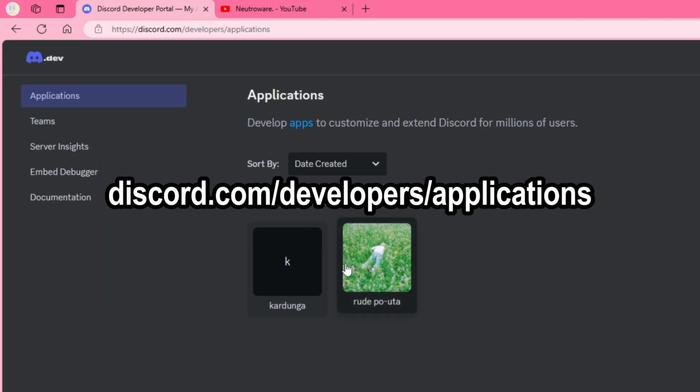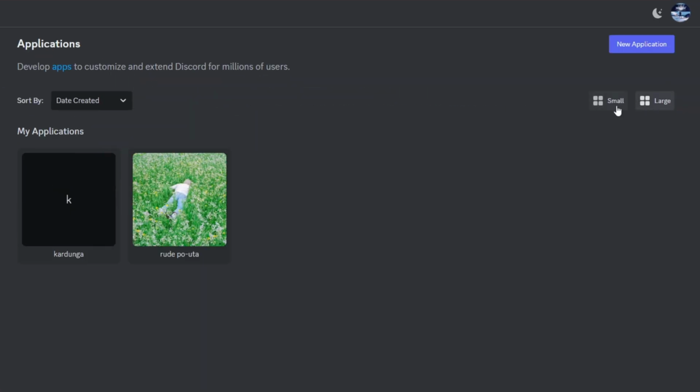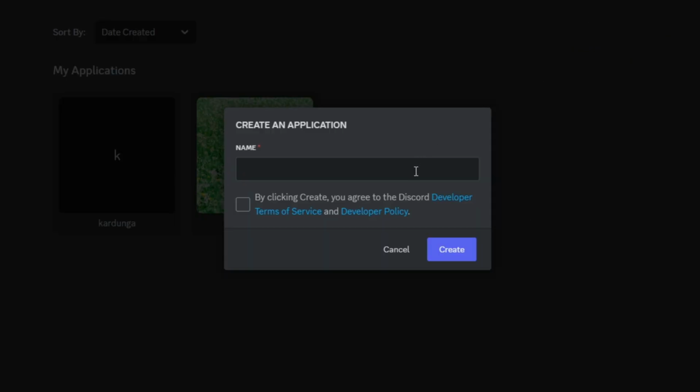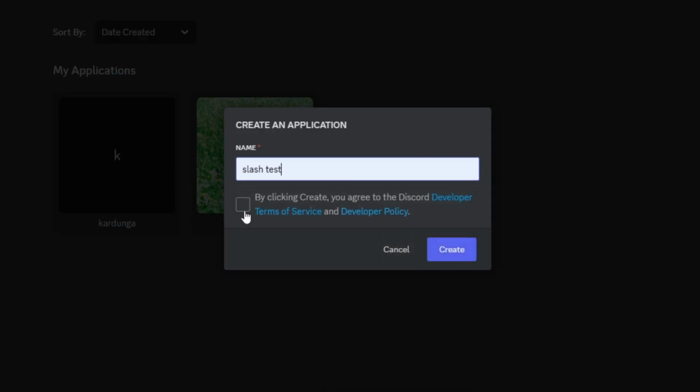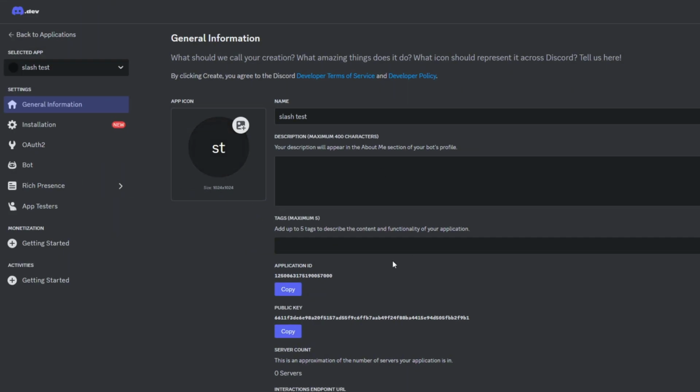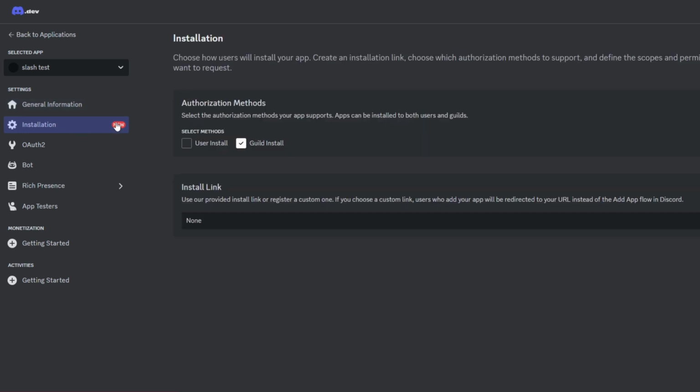Go to discord.com/developers/applications and then click on New Application. Give it a name. I'm going to name mine /test since we're trying to learn how to use slash commands everywhere in Discord. Once you're in the app, head over to the Installation tab from the sidebar, and then turn